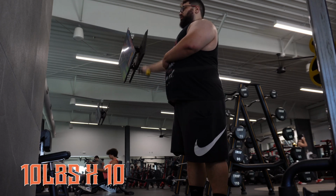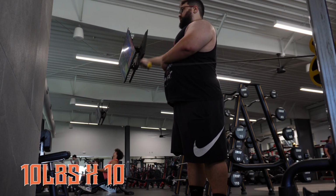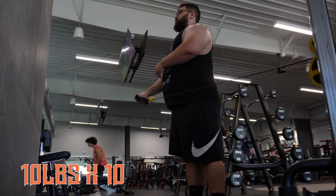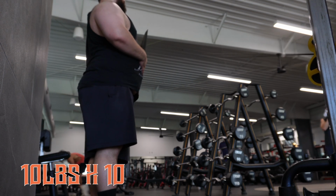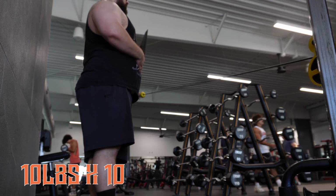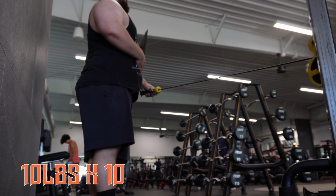Then we moved on to cable lateral raises. I did the cables for all my delt isolations. This one, I will probably stay with the cables because they feel a bit better in terms of range of motion, peak contraction, and just mind-muscle connection, even though I've sort of moved away from caring about that as much. But I feel like I can progress on these in a much better way than on the dumbbells,